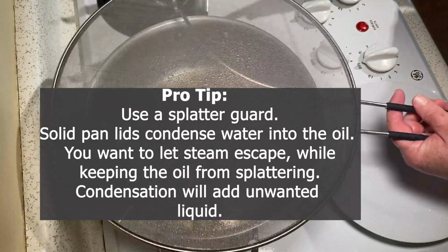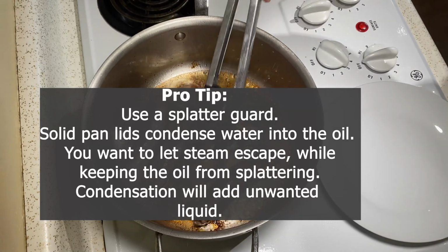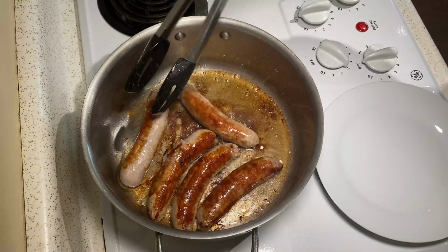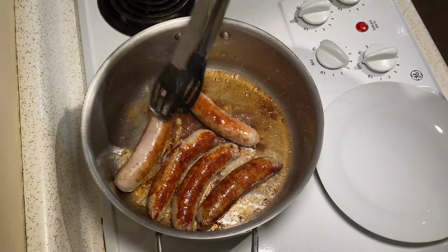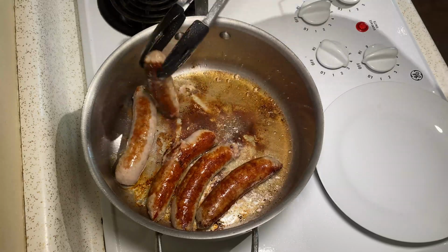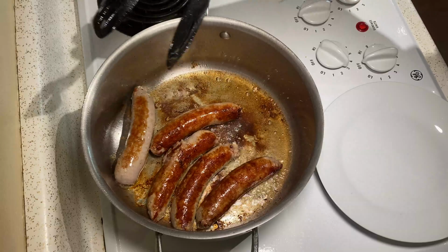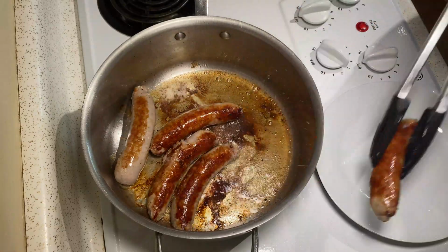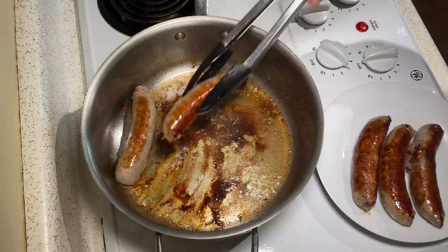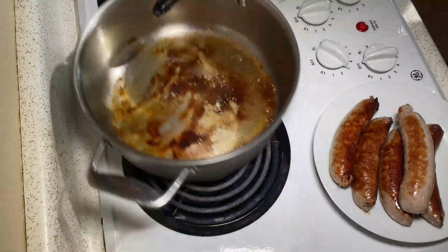So what I'm going to do now, I've already flipped it about 4 times, and what you want is to brown it like that. That one came through the casing, and that doesn't matter in this case. But you want it to be mostly cooked through, okay? Nice and brown. And now I'm actually going to remove my pan from the heat for a minute. I'm going to take my sausage over to the cutting board, and I'm going to slice it into bite-sized pieces,